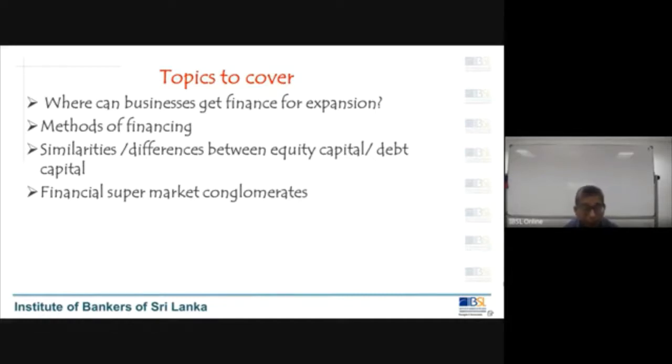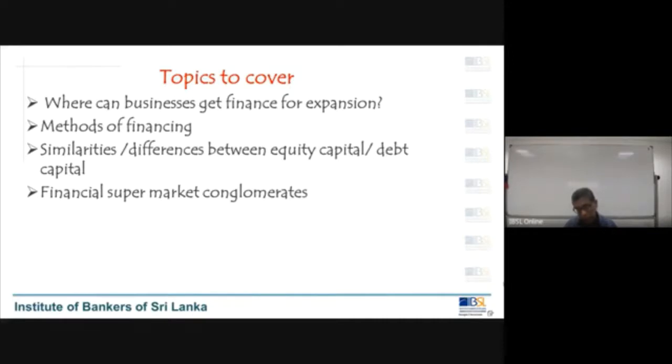Then we have to discuss some methods of financing. One way to finance is equity capital, using your own funds, or you take debt capital. Which one is better? Right? And we could discuss about